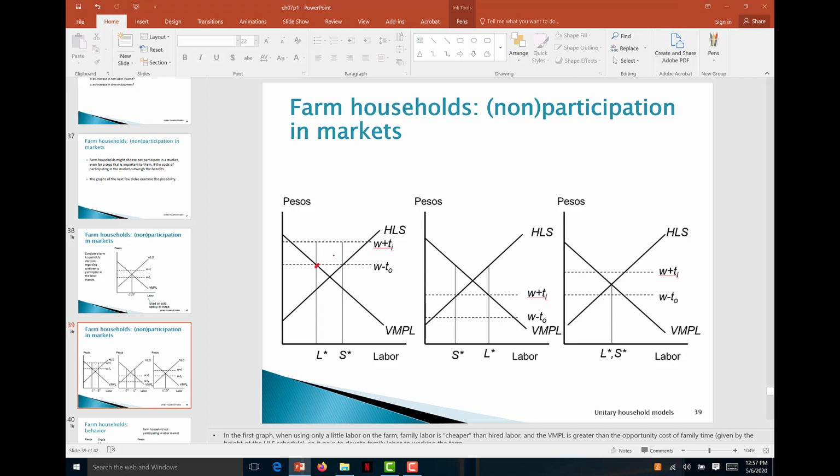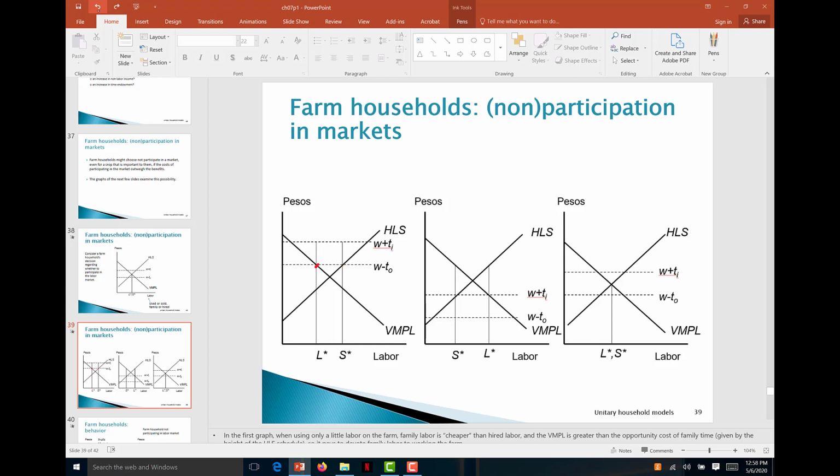Once we pass this intersection, it is not worth it anymore to work in your own farm. Why? Because the wage that you receive outside of the farm on the labor market, even net of the transfer costs, is higher than the value marginal productivity of labor in your own farm. So essentially you would work only L hours in your own farm, and the rest of it